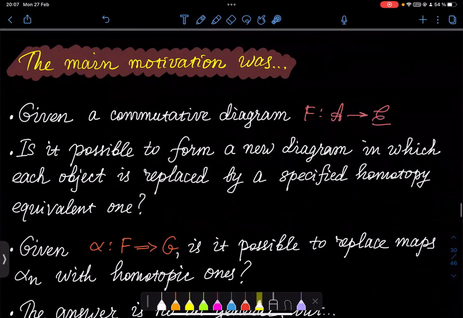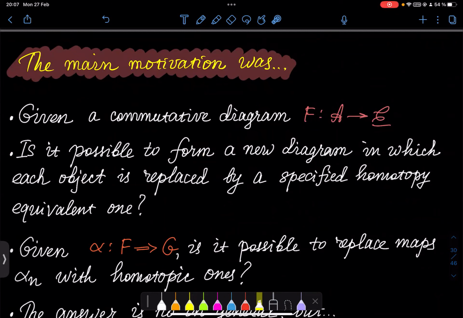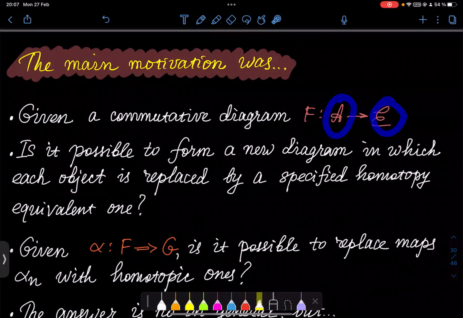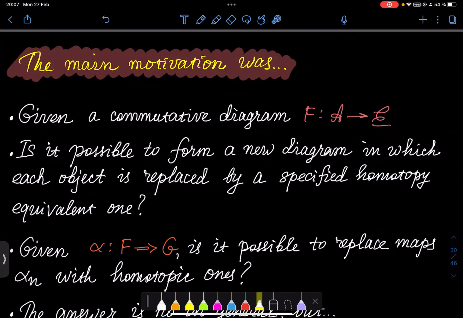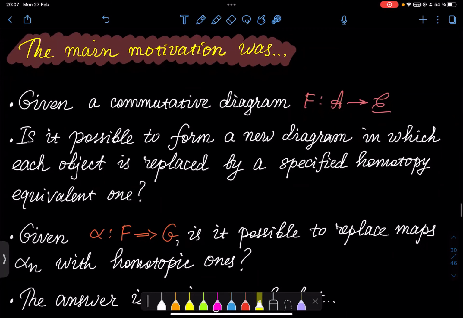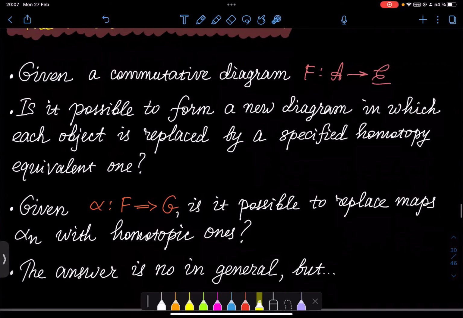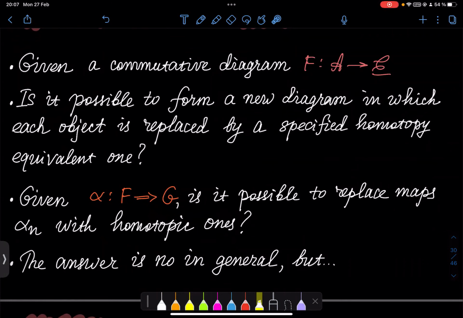So the main motivation is the following. Suppose that we have a commutative diagram F of the shape A. Is it possible to form a new diagram in which each object is replaced by a specified homotopy equivalent one? So we want to replace the objects by homotopy equivalent ones, and after that we want to have some diagram. And in the same way, in the case of natural transformations, if we have a natural transformation, is it possible to replace the maps alpha n with homotopic ones? The answer is no in general, but